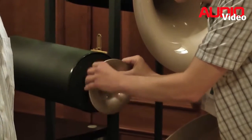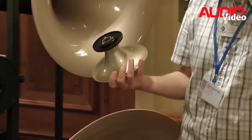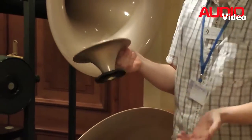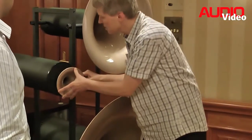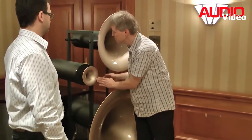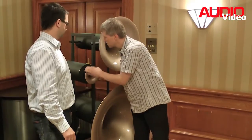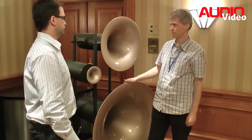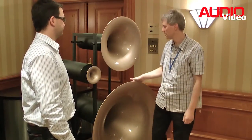So it's all a very solid screw-on mechanic made from solid aluminium. And this is possible with all the horns. It's easiest to show with the tweeter, of course, but it's the same mechanics for all the other horns as well. So by a simple screw on, screw off, you can change the color. Or for example, if you have to transport them and you are walking narrow walkways or a narrow staircase, just take